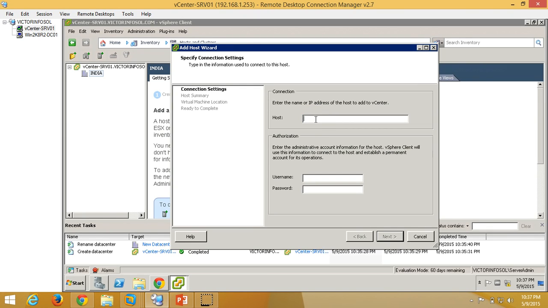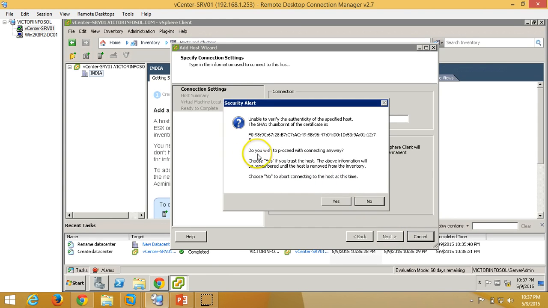So I'm just putting my host IP address 192.168.1.251, and the username and password. And click next,